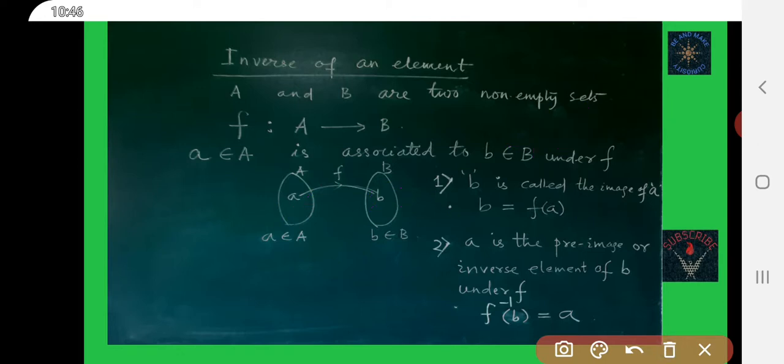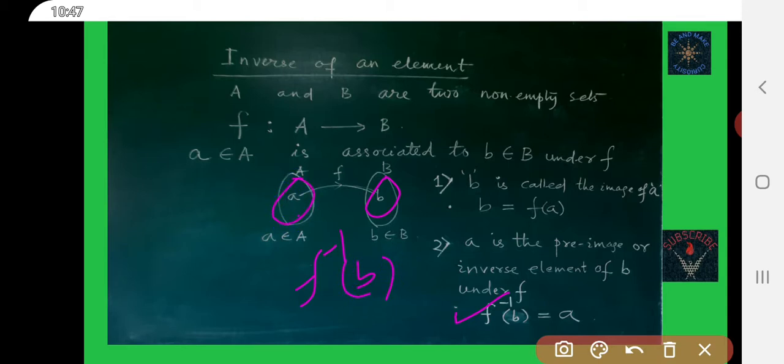Okay, and A is the pre-image of B. A is the pre-image of B, and you may say inverse element of B is A. So you can write F inverse of B is A. So F inverse of B is what?